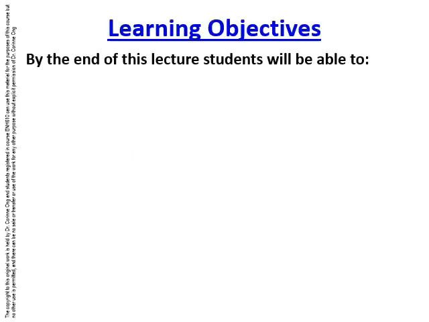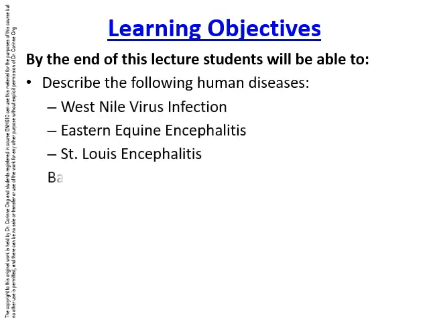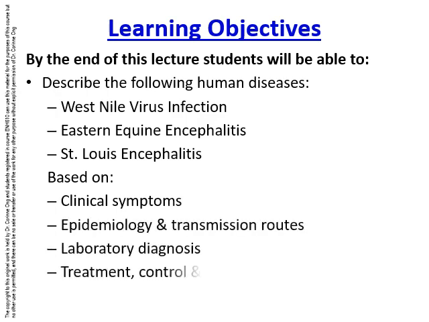This week, we'll be looking at the last group of diseases. Since we covered malaria last week, you will notice that all the vector-borne diseases today are actually viral diseases. By the end of this lecture, we should be able to describe the following human diseases: West Nile virus infection,